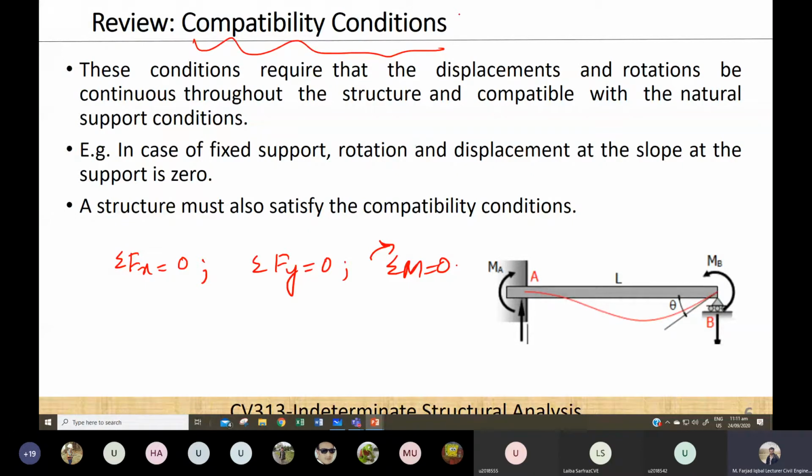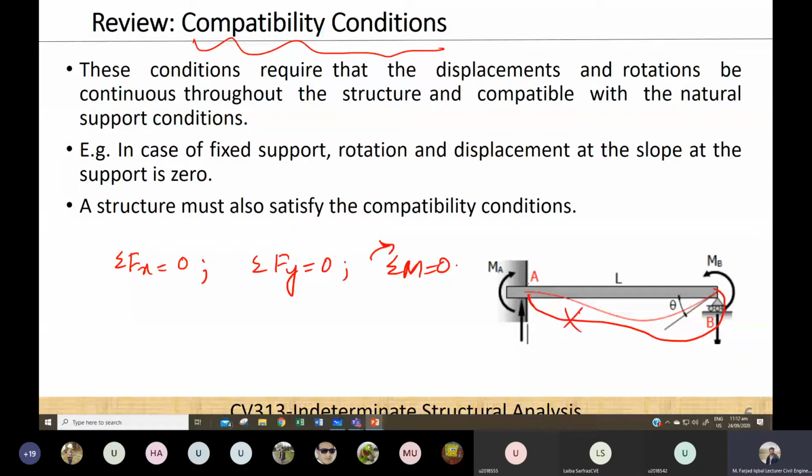So the basic definition for compatibility is that the displacement and rotation should be continuous throughout the structure and compatible with the natural support condition. For example, when we are plotting the elastic curve for these kinds of beams, we should consider each type of support condition. For example, if we plot the elastic curve for this beam something like this one,